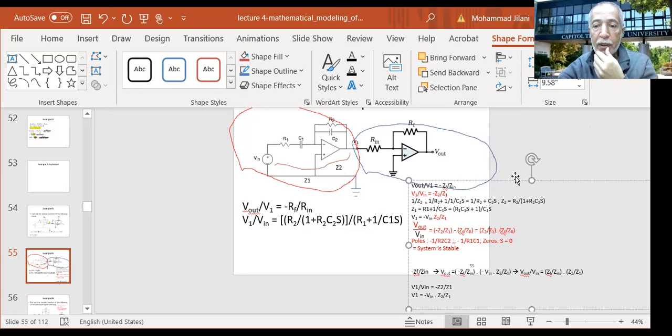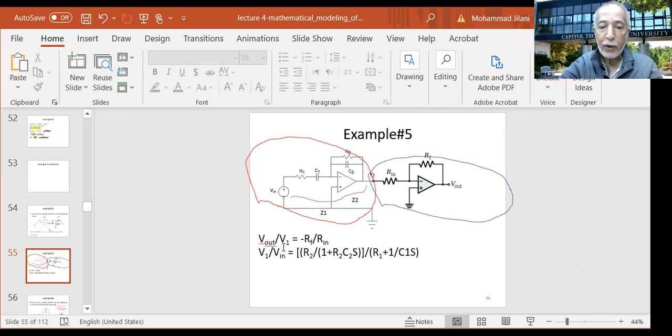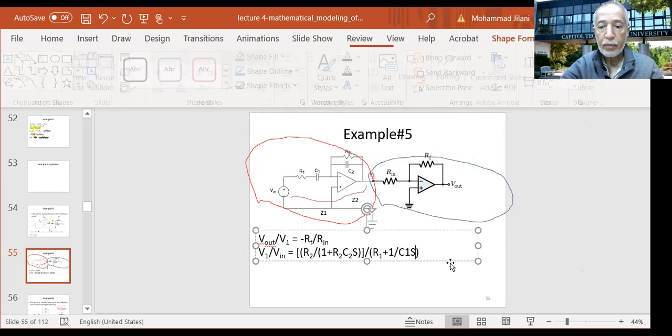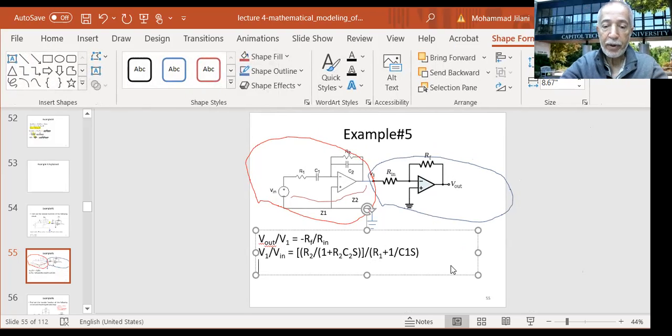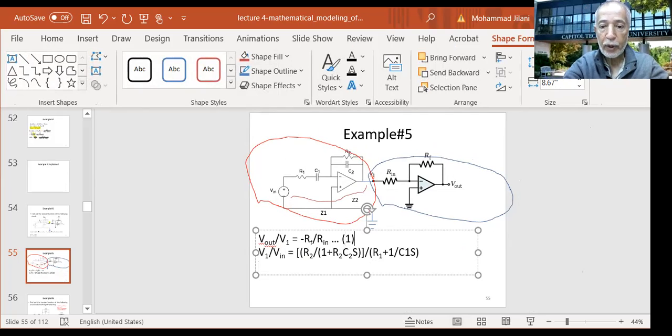Okay, so now I don't need this anymore. So now I have V out in terms of V1, V1 in terms of Vn. I will get the value V1 here from this equation 1. It's called equation 1. Let's call this equation 2. So using equation 1, I will write